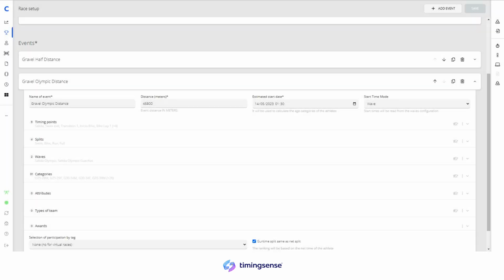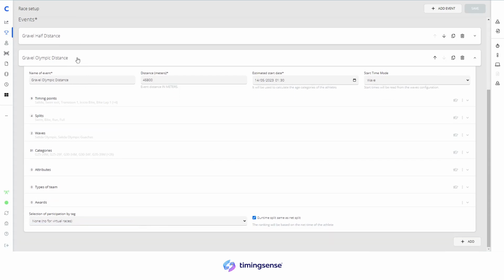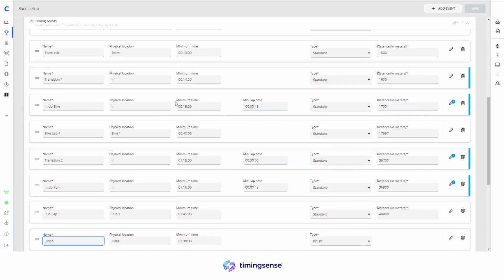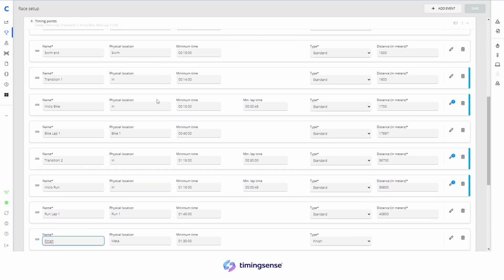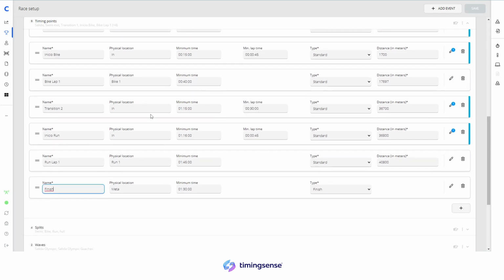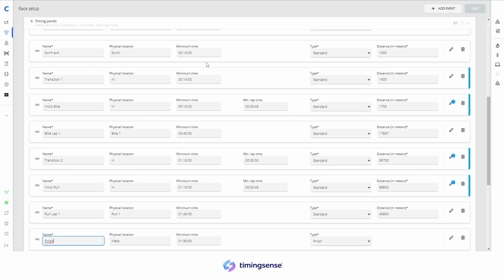So we've looked at how with 2 control points we can time a race with laps. Now let's look at our last example, which is probably the most complex situation, and that is an Olympic distance triathlon. In this example, the setup really isn't too different from the half distance, but now we have our lap timing mechanism being applied to the transition points. So the first transition, where the location is the same, and then also the second transition, where the location is the same. You'll see here that all of the minimum time has already been configured, as well as